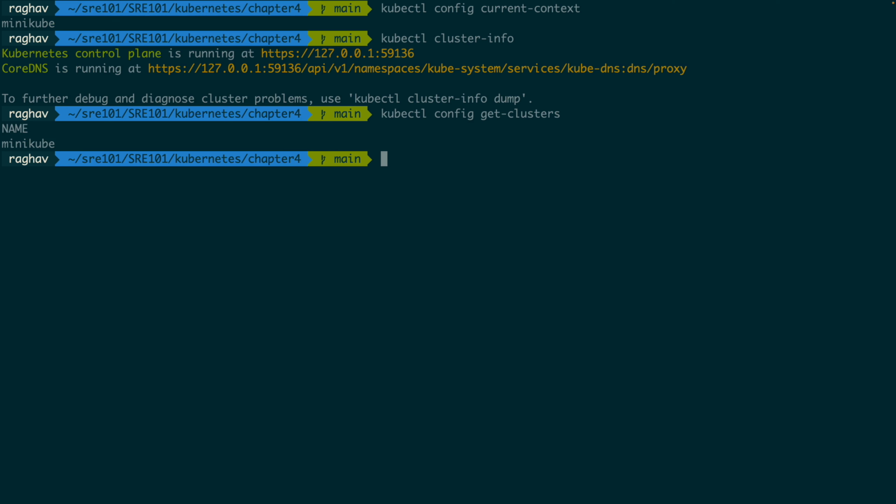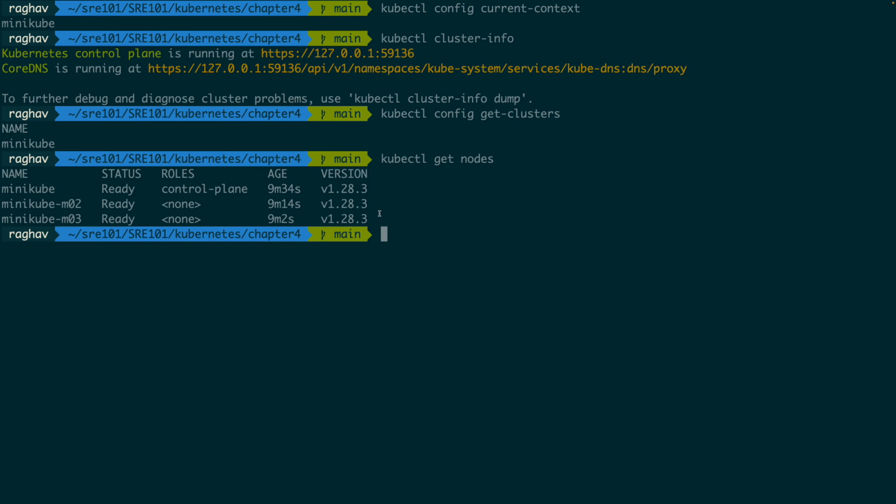Now, enough about local configuration. Let's try to get some information about the Kubernetes cluster that's running. So the get nodes command gives me the set of nodes that are running as part of my Kubernetes cluster. As you can see, there are three: Minikube, which is the control plane, Minikube 2, and Minikube 3, right? So Minikube is being treated as the control plane node, which is probably running all the control plane processes,